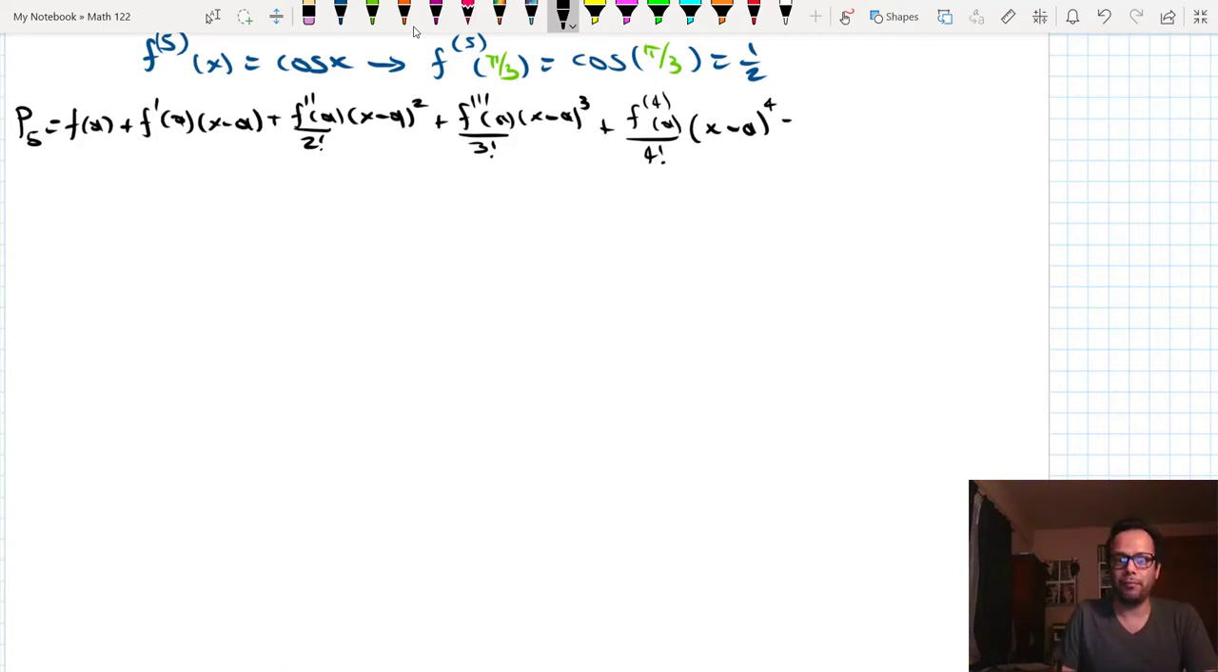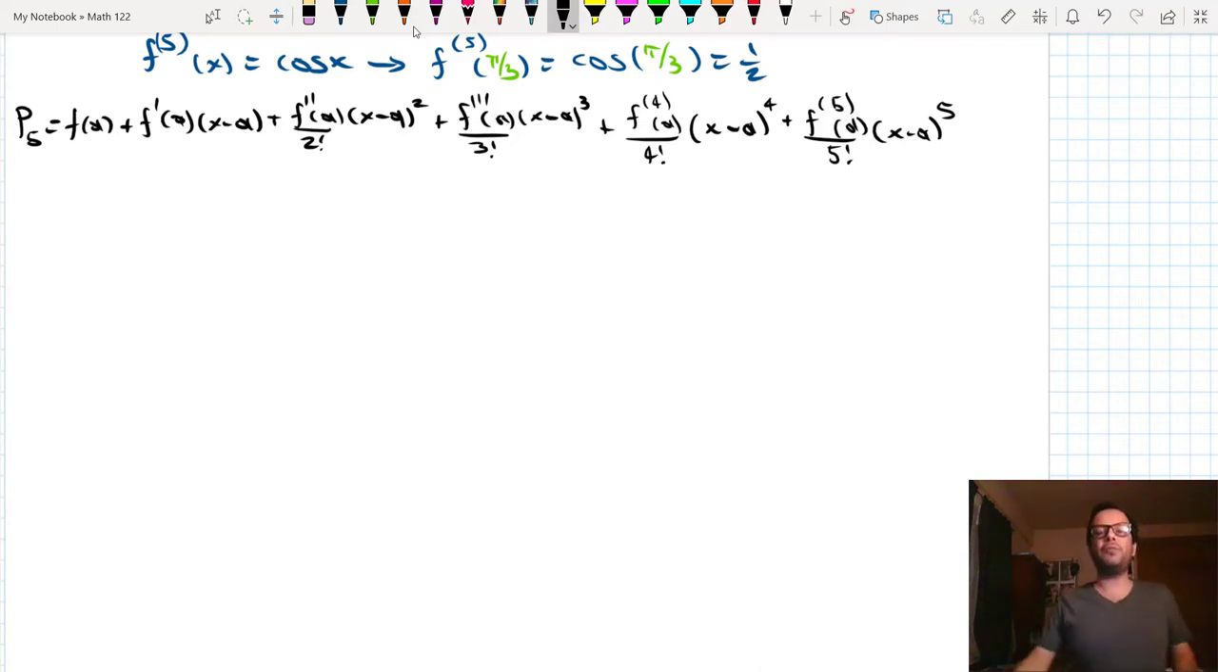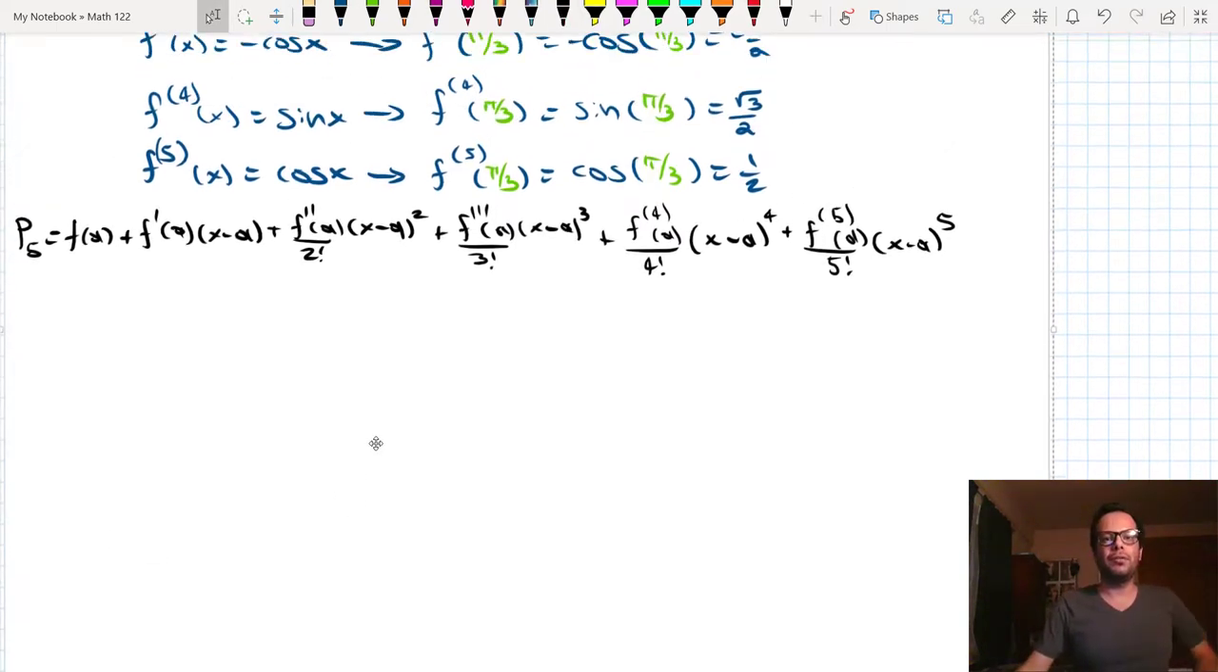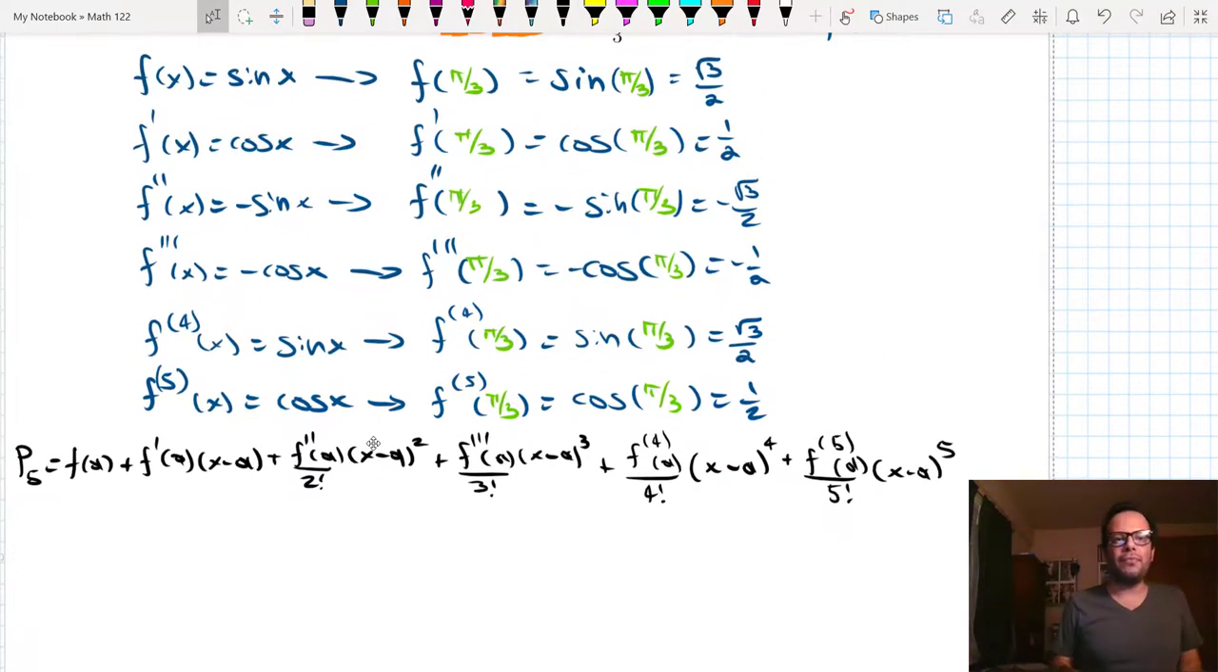plus f quintuple prime evaluated at a divided by 5 factorial times x minus a to the fifth power. Okay, so that's what we are going to use. Okay, so P5 of x will be, first of all,